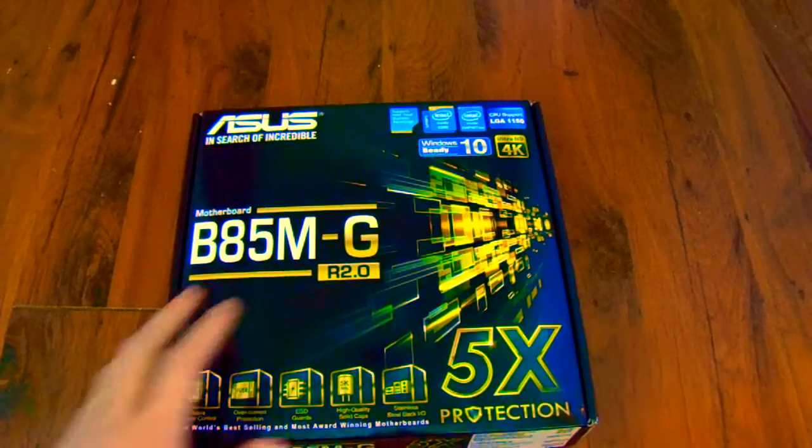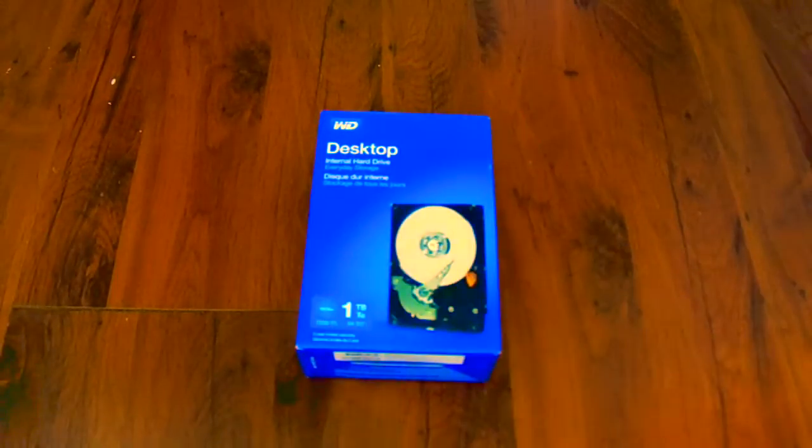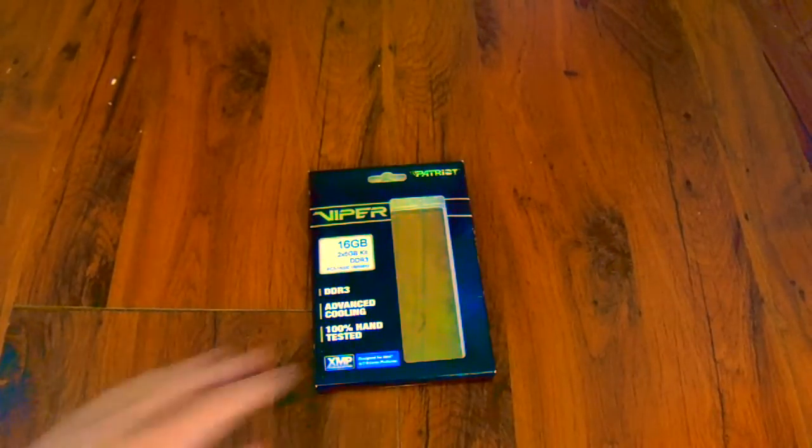Building a PC is pretty simple, and all you need is really basic skills and basic parts, such as a motherboard, which supports your processor, a processor, which supports your motherboard, more on that later, a hard drive based on your desired size, or an SSD, a computer case, which supports the size of your motherboard, some RAM, which could be DDR3 or DDR4, a power supply,